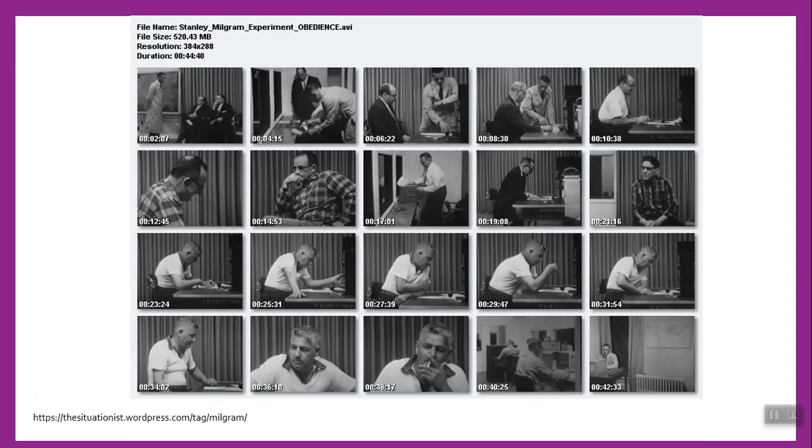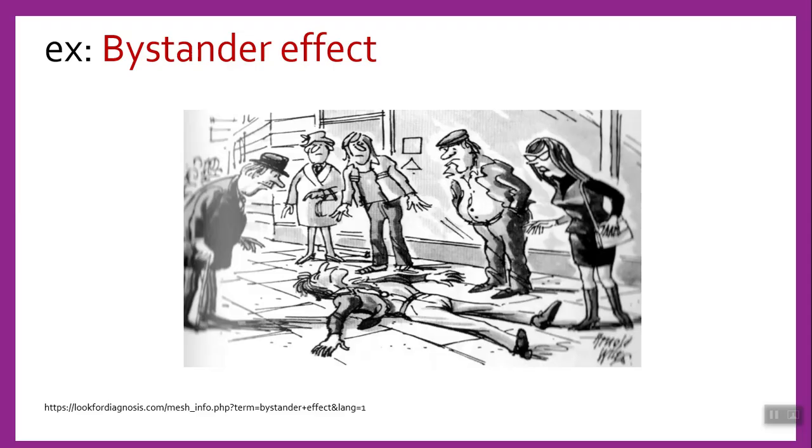So these are pictures of the actual Milgram experiment. The guy in the white there smoking, he's one of the people who had to administer the shocks. The bystander effect, or bystander apathy, is another area of research related to sociology, where experiments have been conducted, that